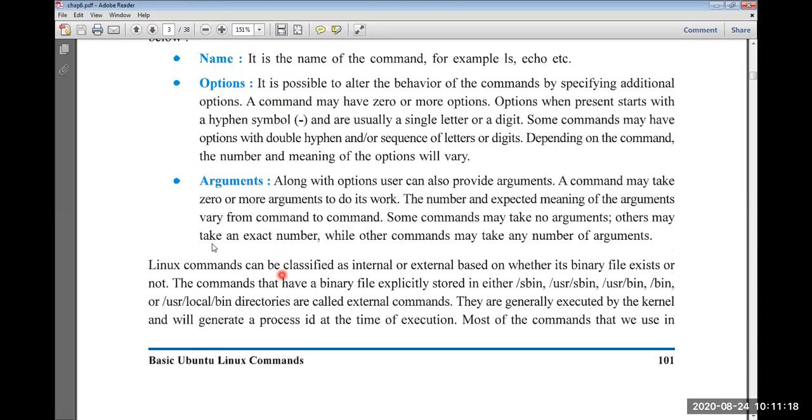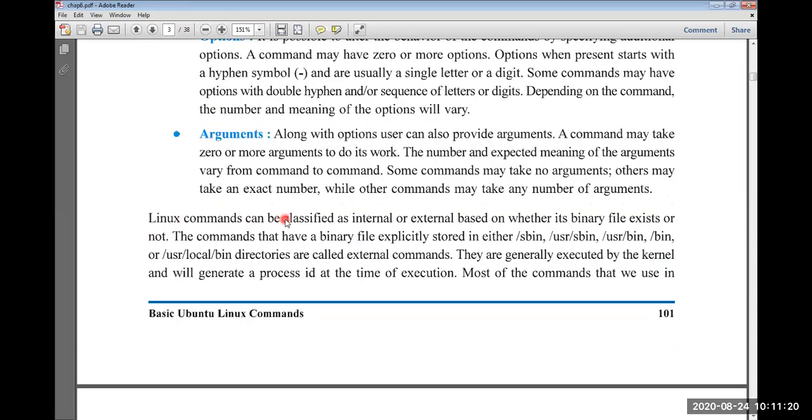Okay. Now these Linux commands can be classified as internal as well as external, based on whether there is a binary file or not. The commands that have a binary file explicitly stored in either /sbin, /usr/sbin, /usr/bin, or /bin, like this, these all are what? Directories.